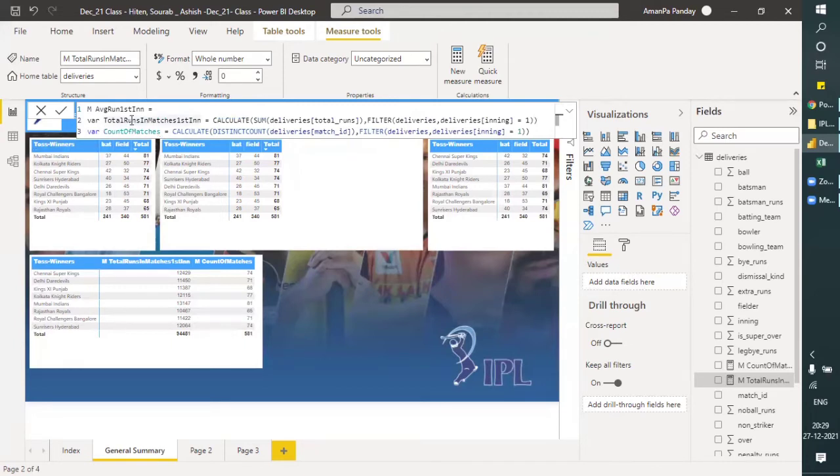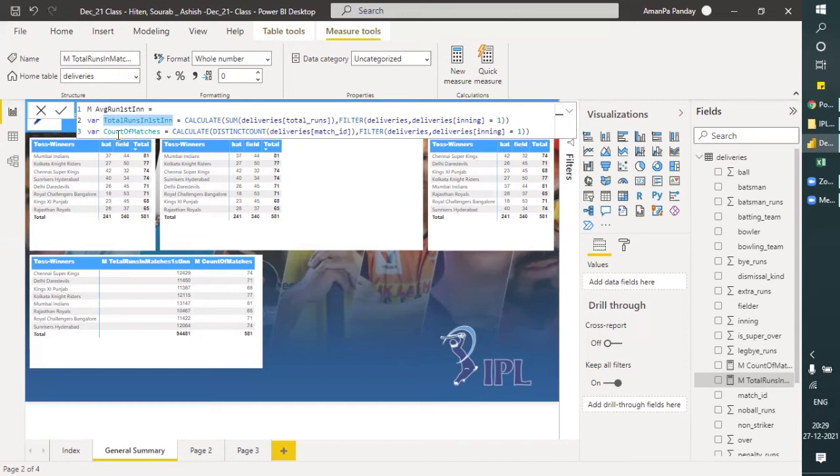Look, this is the name of the variable: total runs in matches first innings. Let's do it in first innings. So this is the name of the variable. The variable name cannot have a space. First of all, it cannot have a period in it, meaning you cannot write something like 12/12/21. You cannot type time or date. You cannot add any special characters like dollar or percentage, this kind of thing.